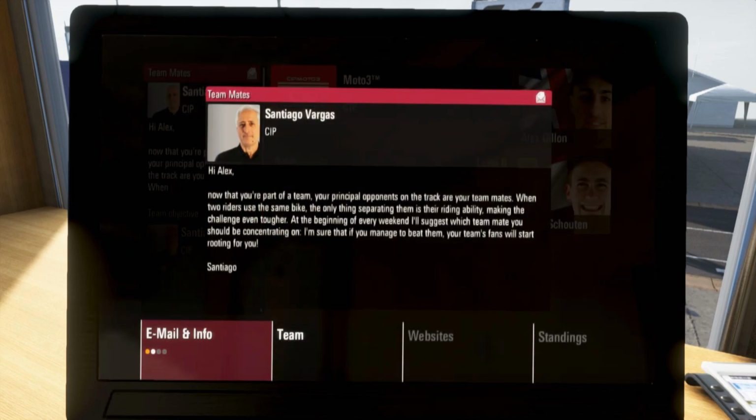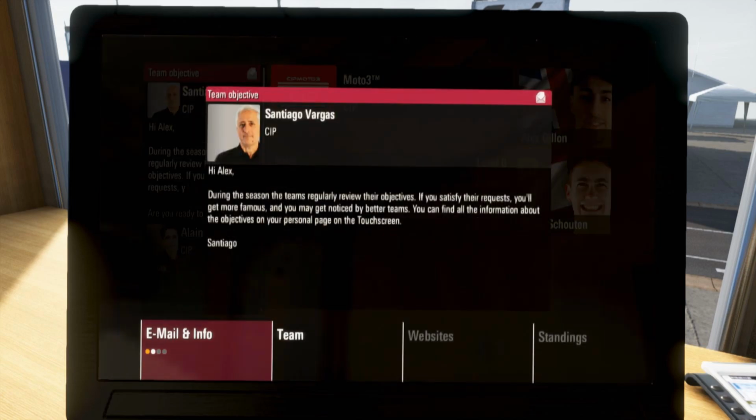Now you're part of a team, the principal rivals on the track are your teammates. When two riders use the same bike, the only thing separating them is their riding ability, making your challenge even tougher. At the beginning of every weekend, I'll suggest which teammate you should be concentrating on. I'm sure that if you manage to beat them, your team's fans will start rooting for you. During the season, the teams regularly review their objectives. If you satisfy your requests, you'll get more famous and you may get noticed by better teams. You can find all information about objectives in your personal...